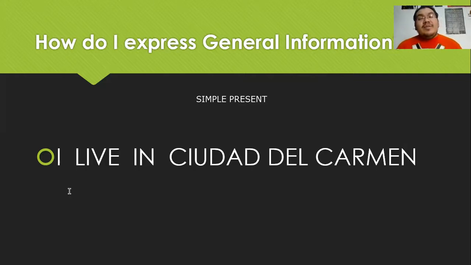So, yesterday we learned about abilities and capacities. El día de ayer hablamos de habilidades y capacidades, and we saw some of the things that people can do. I can drive a car. Yo puedo conducir un auto. I can swim. Puedo nadar, ¿no? But let's talk about these things. But these ones are not abilities. These are general information. Estas son información general. And yesterday, some of you confused general information with abilities.